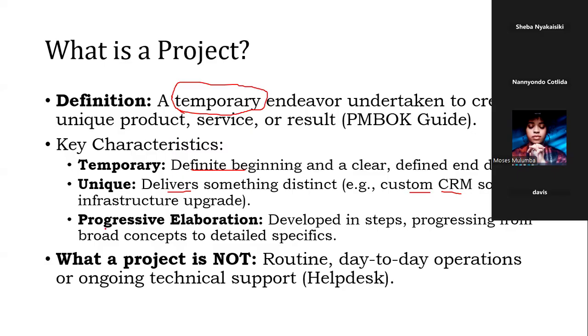Then it has progressive elaboration. That means it has a step-by-step process which is followed. So that means basically you have a plan which you start, you have the initial idea, then you plan, and then you implement, and so on and so forth. So there are clear steps you go through, detailed steps, which lead to something very specific. So normally we start with broad concepts, then we make detailed specific steps, and then we follow through with those steps. Okay? So now,